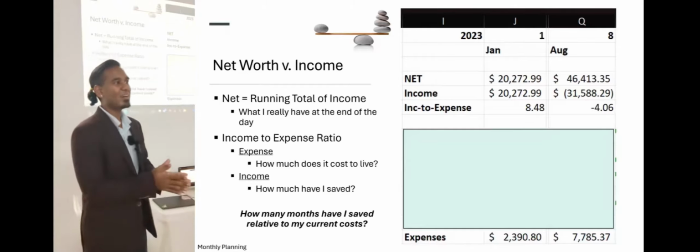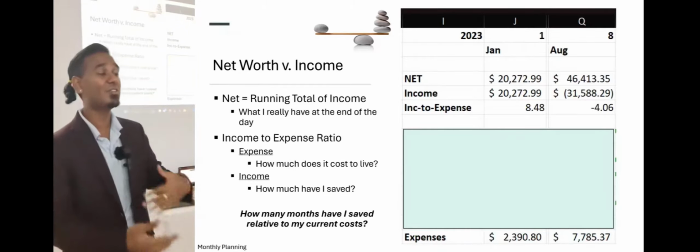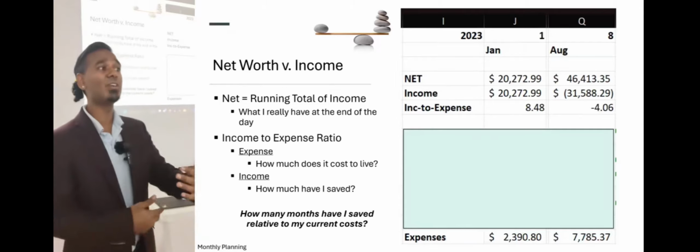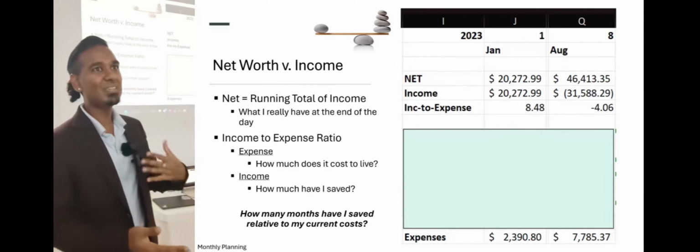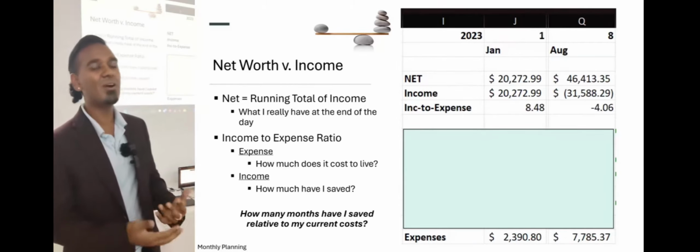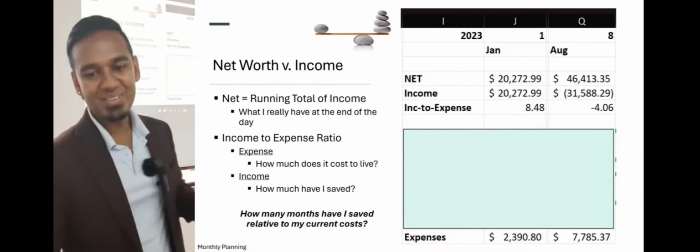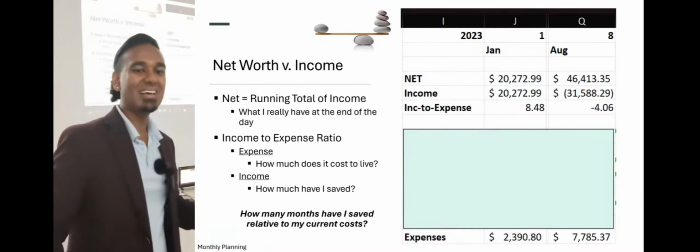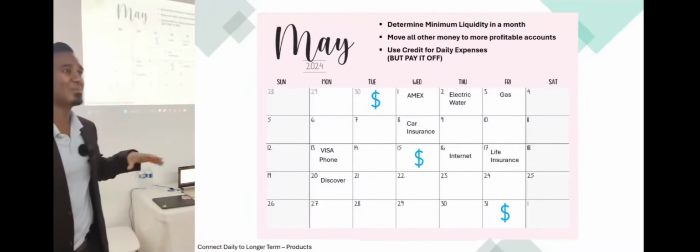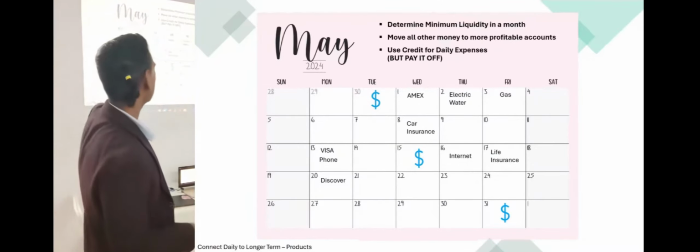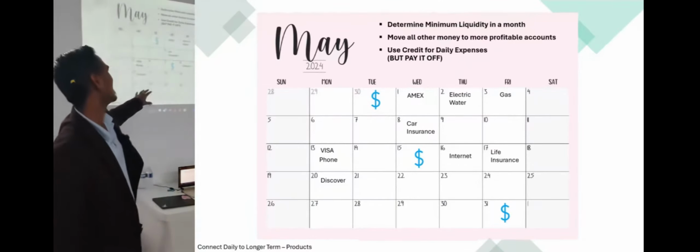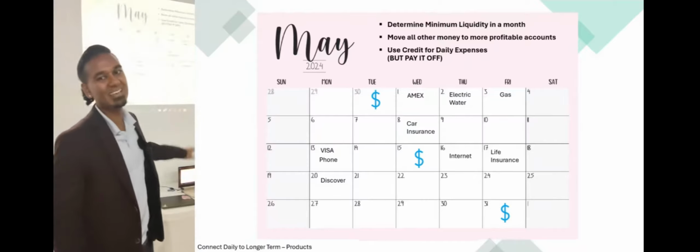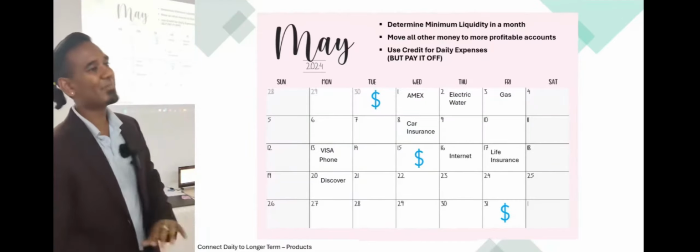Using this number, you can calculate how many months that you're saving and how many months earlier you can retire, or how much you can plan your financial future based off of your current expenses, right? The whole thing this depends on is financial planning. And if you notice, this is not all of my expenses, but I just put some stuff for visualization purposes. There's lots of things that we have to do at different points in the month.